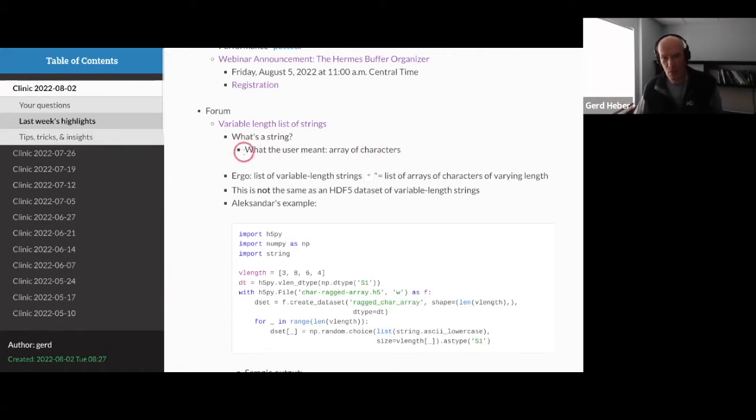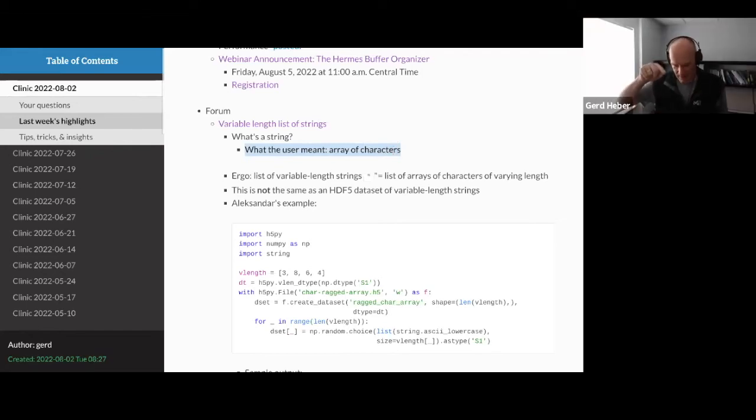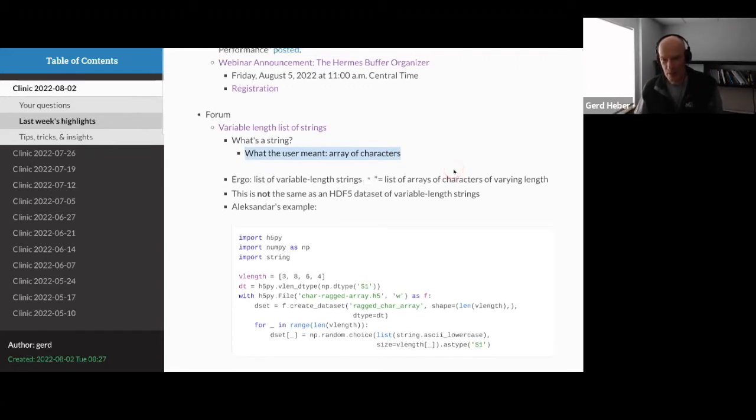If you go with that, the user means that, to him, a string is not a string literal in double quotes or single quotes, pick your favorite, A, B, C, D, E, F, G, but rather an array of single character strings: single quote A, quote, comma, single quote B, quote, and so forth. That's of course a possible definition, and that seemed to make sense to the user.